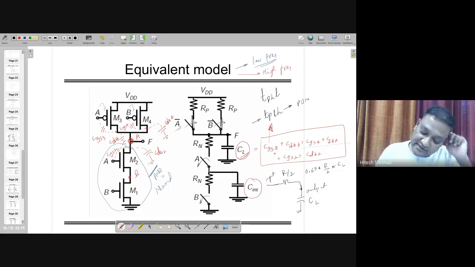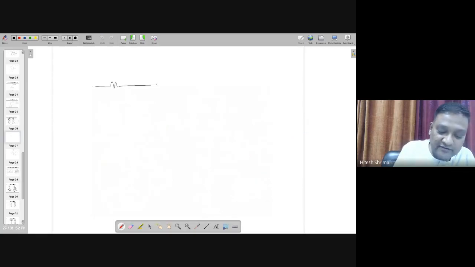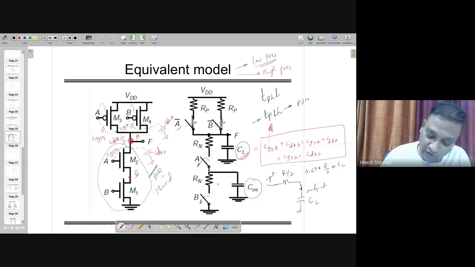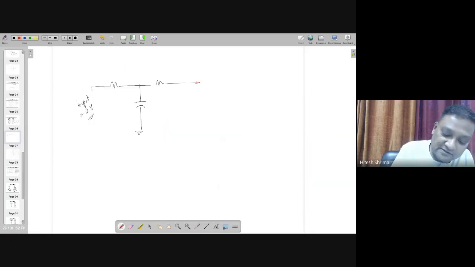Similarly, you might be interested in finding out the resistance in this case. So it looked like this one, where this was the input. Input is, by the way, 0 volt or the ground. I'm drawing from here. So from here to here. In that case, this is my output F, and this is RP, and this is RP. Here also there is one capacitor.